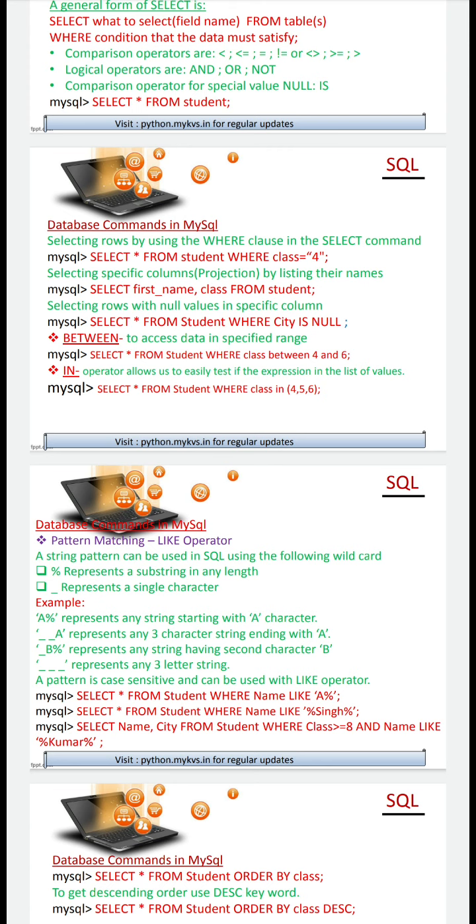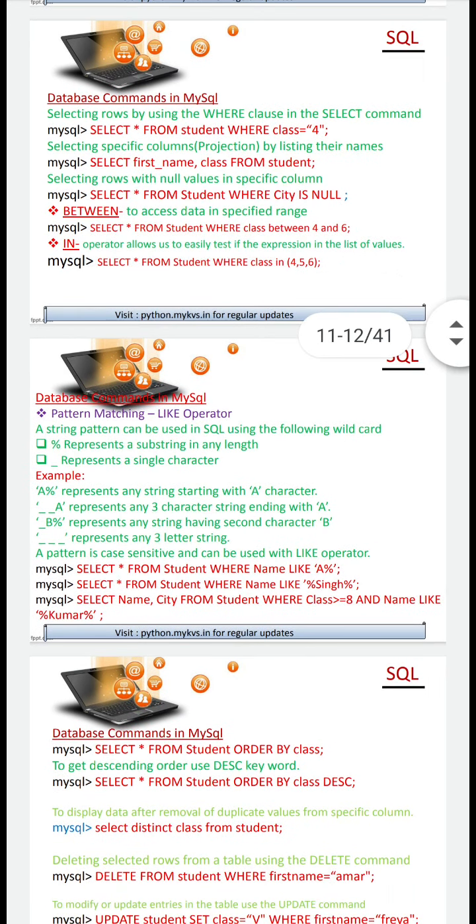Now the meaning of star is to show all the columns, but if you want to show only a number of columns, specific columns, that specific column showing is called as projection. So you'll write the names of the columns. Here we have used first name, last name, city, etc. So if I want to use the first name and class column only, then I'll write select first underscore name comma class from student. So it will selectively show those columns only, means the first name and the class.